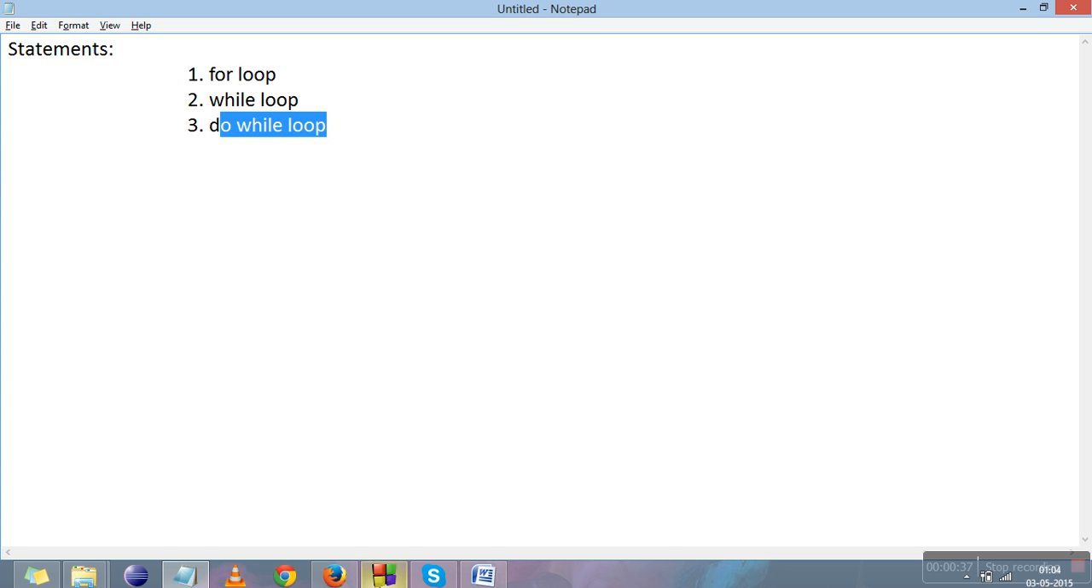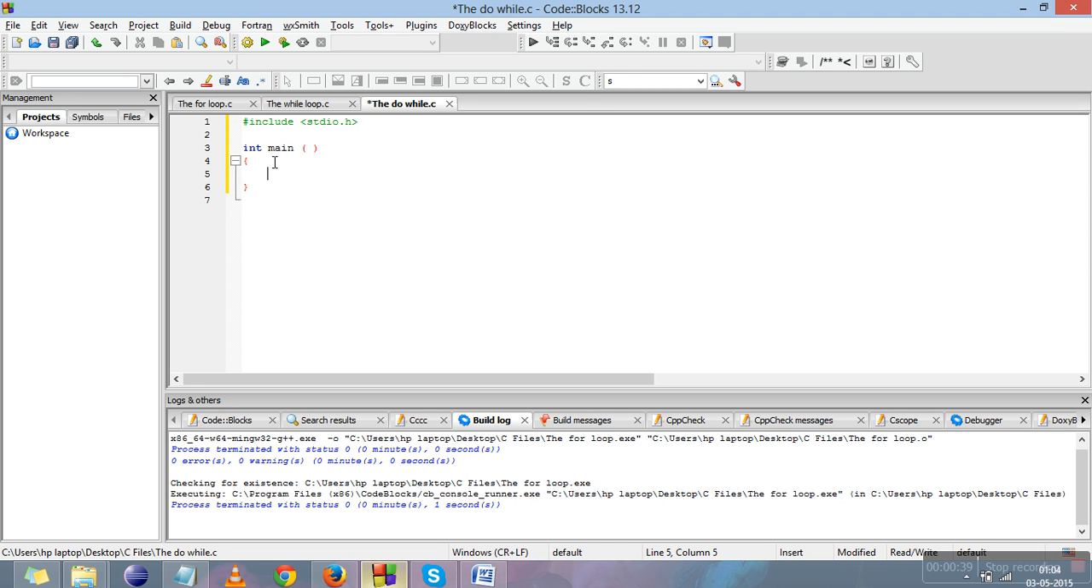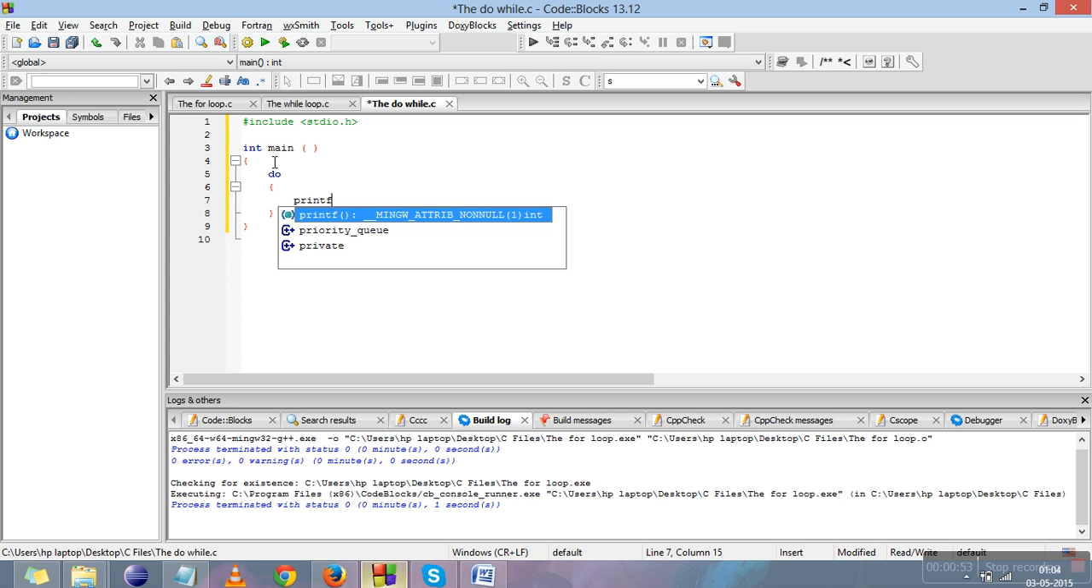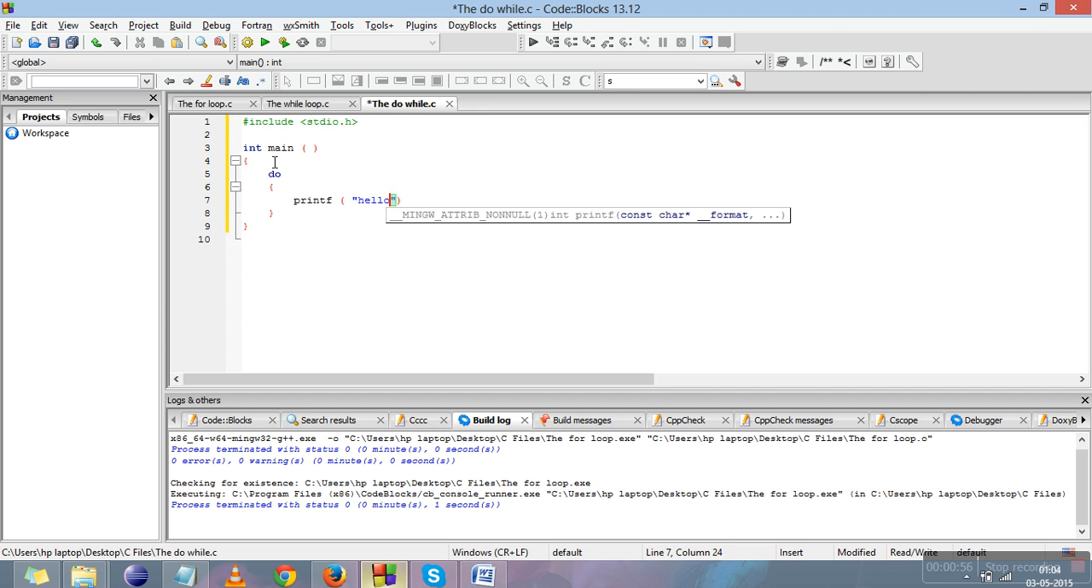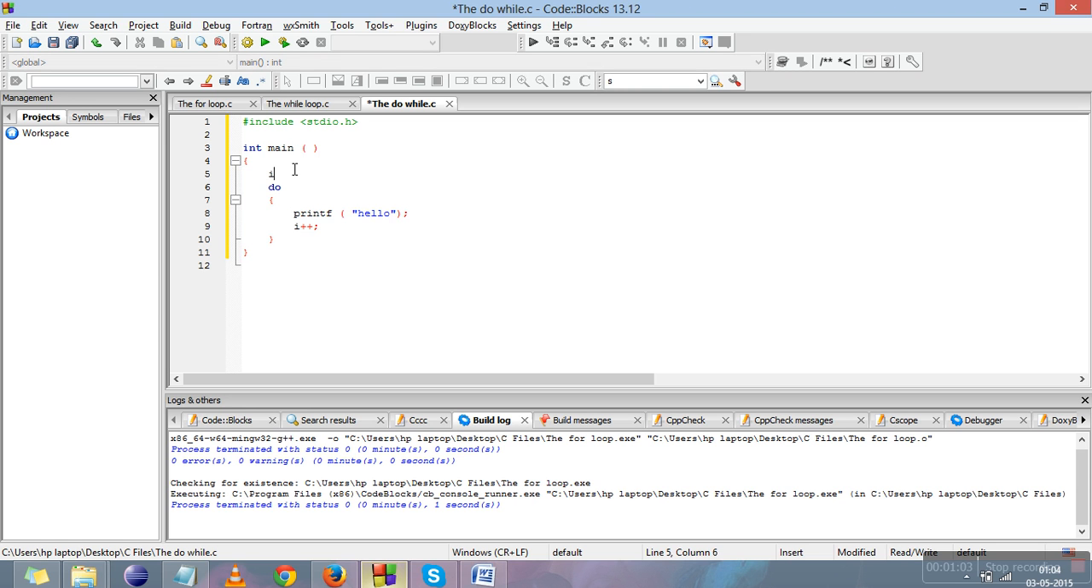Now let us move to the code part, and this is our do while file. Let me write a piece of code here with a do while loop, then we'll explain how the do while loop works. So this is the syntax of the do while loop. Do, the body of the loop: I'll print hello over here, and I'll do the increment, i++. Before this I'll initialize a variable, int i = 0, and after the body of the loop I'll write here